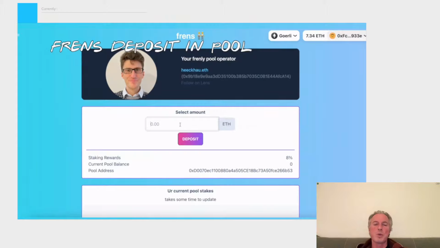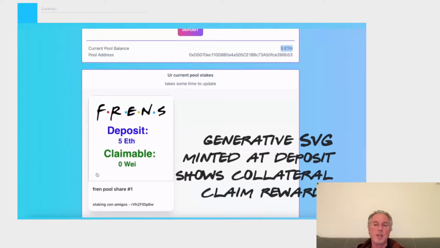So we pull up his ENS information if he has that, including his avatar. And then you can select how much ETH you want to deposit in this specific pool. So you can just type in any amount, and you can do the actual deposit. Then after you've done the deposit, as a reward, or in exchange for doing the deposit, you will